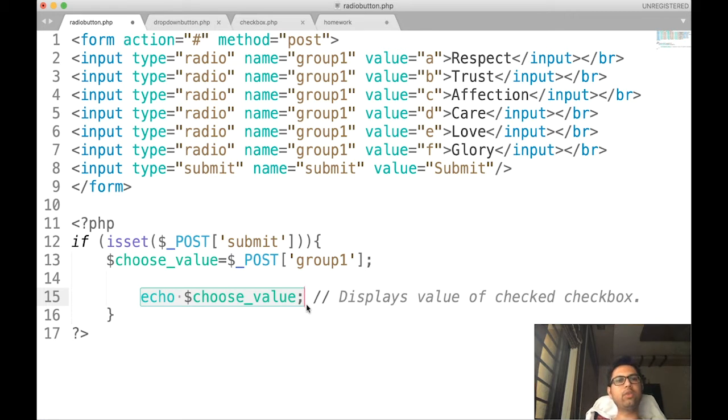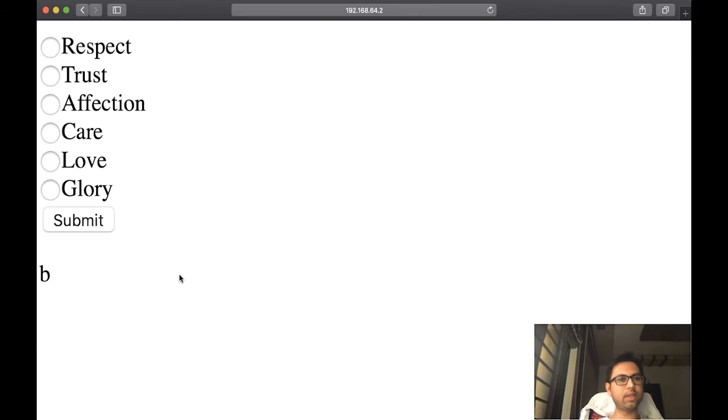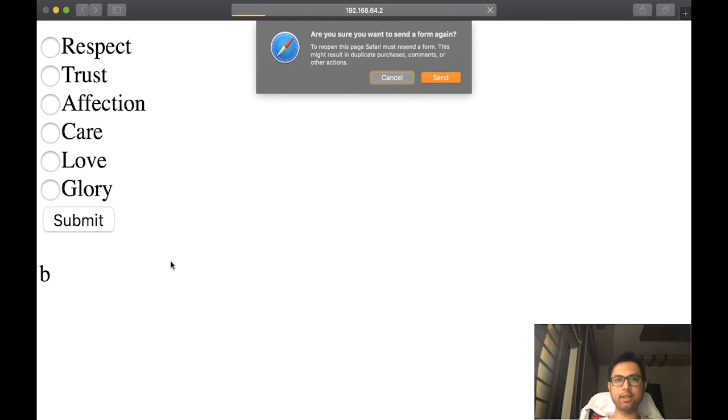Now when we are going to store this value in a database, instead of echo, we are going to have some syntax to store inside the database. We'll deal with that in the MySQL and PHP session, that is a future session. So this is it. This is simple. Let us run the program once again. Let us refresh that.